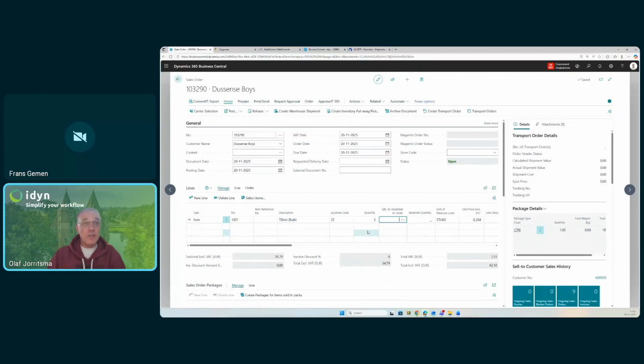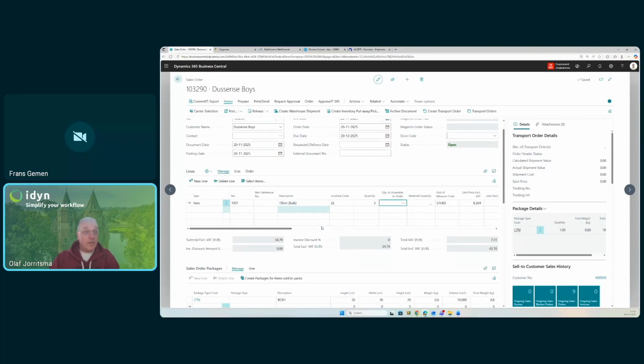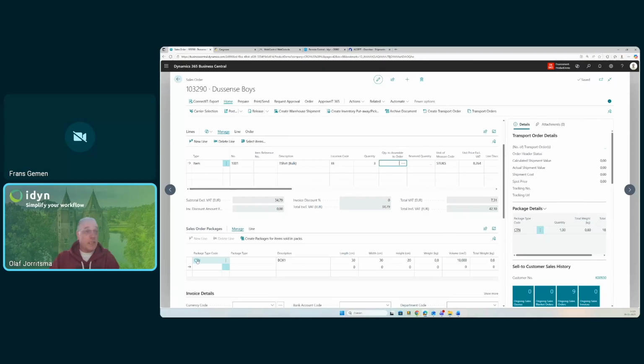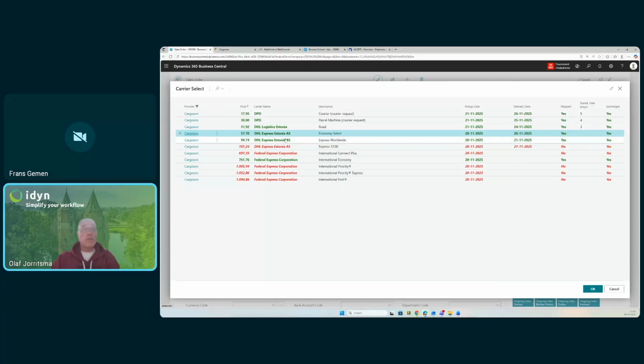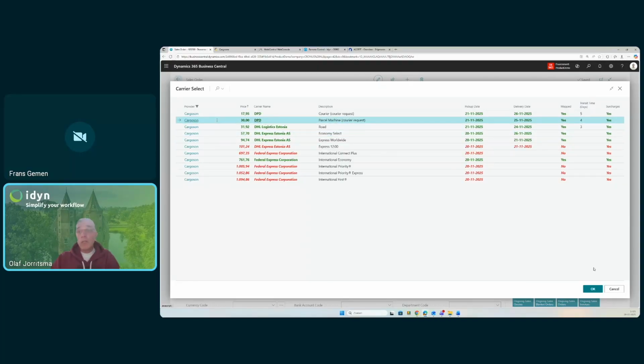So we do 3 t-shirts. And we already see that we added sales order package types. This is a carton of 30 centimeters height, length, and it weighs 800 grams. And when we do a carrier selection, we get the pricing in from Cargason. And let's say when we tick on DPD, and we want to use that carrier for this transport,